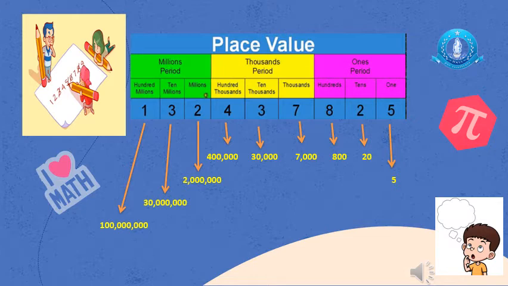Then 10 million. 3 is on the place of 10 million. 3 0. 1 zero is of 10 and then million has 6 zeros. We will add 6 zeros. 1 is on the place of 100 million. 100: 2 zeros of 100 and 6 zeros of million.